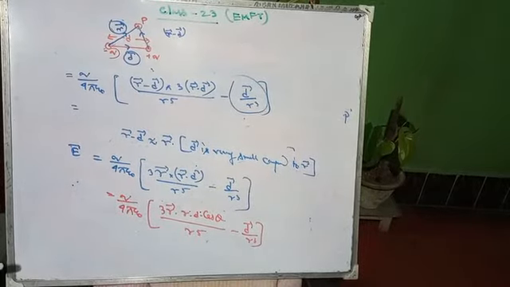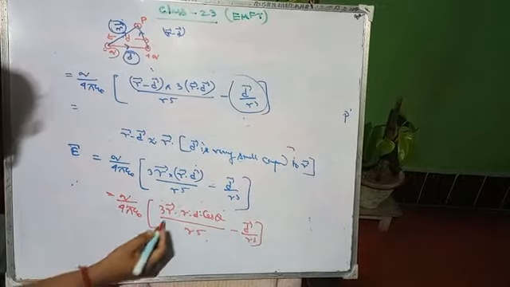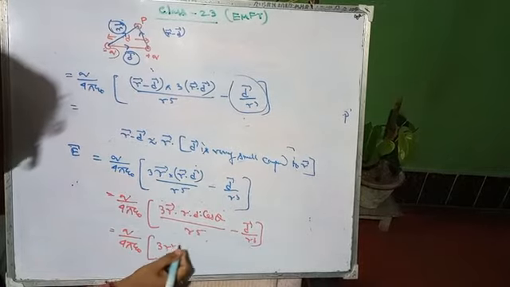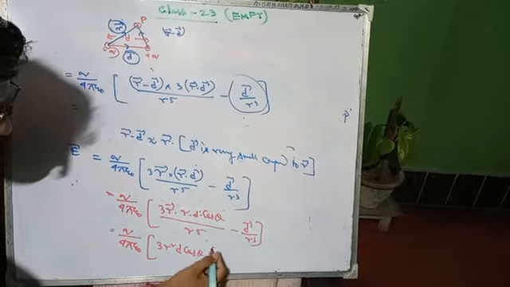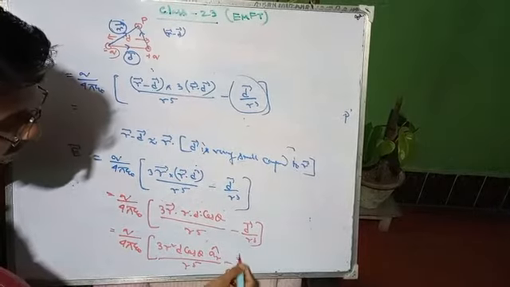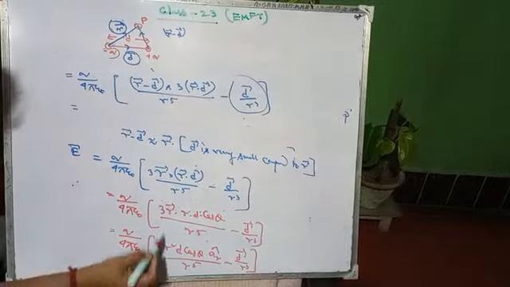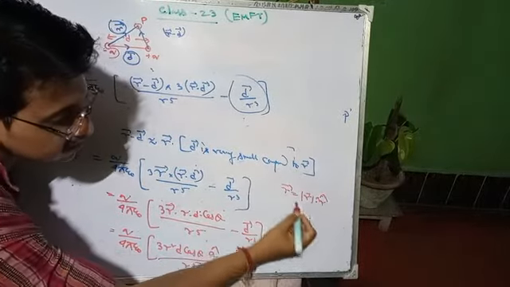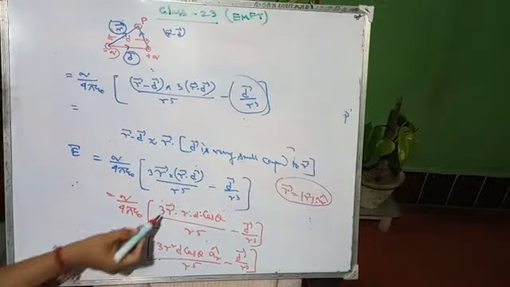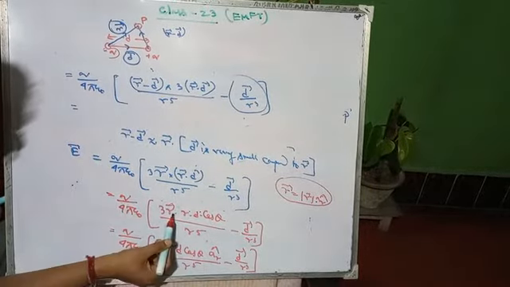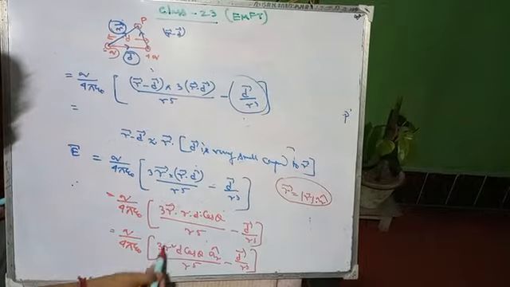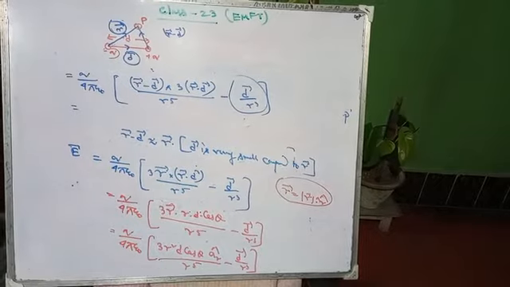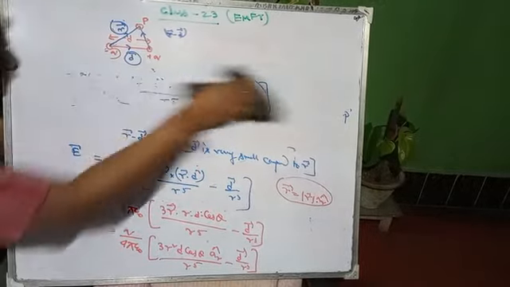So now if we multiply these two, you can write 1 by 4 pi epsilon naught, 3 r square d cos theta into a r cap by r to the power 5 minus d vector by r cube. Why? Because what is r vector? It will be modulus of r into r cap, so this r vector can be expressed as r into a r cap. Modulus of r multiplied with another r becomes r square, and the direction remains here, that is a r cap.